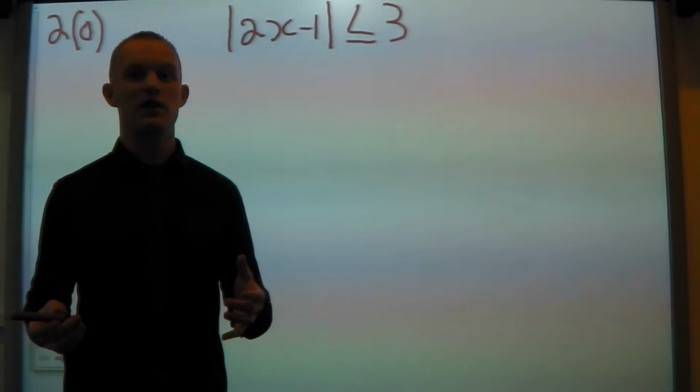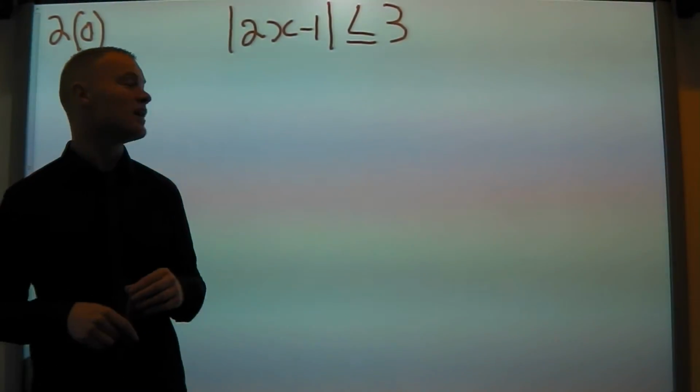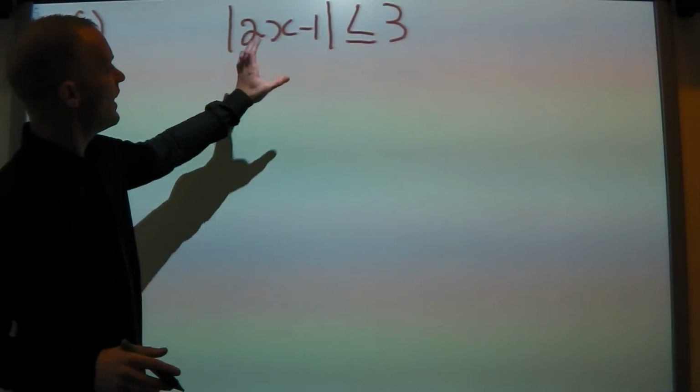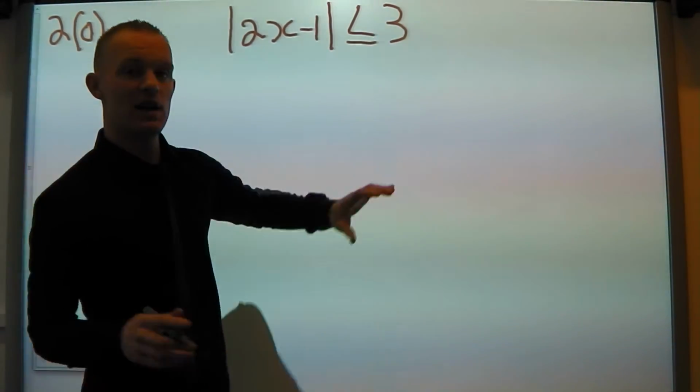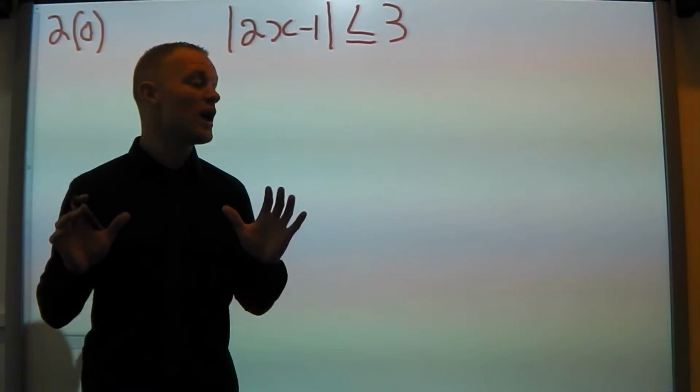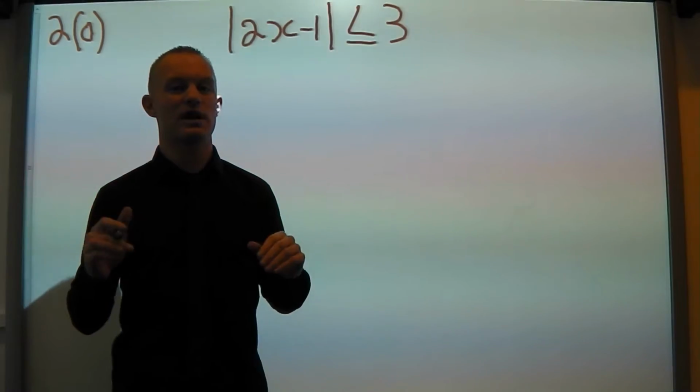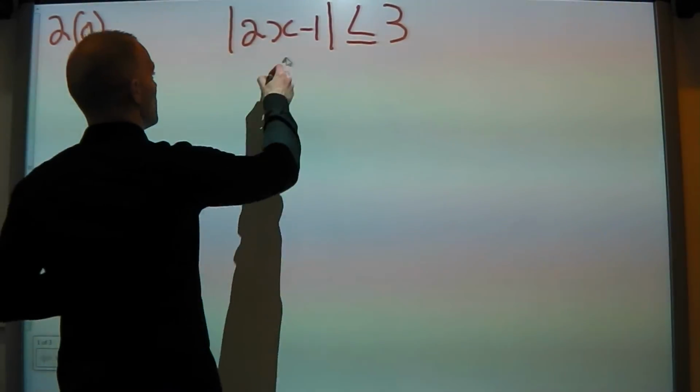Now this question here is fairly straightforward. You just have to know your laws of inequalities. That is, when we have an absolute value of something here that's less than or equal to 3, that gives us two options. It gives us one option for when x is positive and another option for when x is negative. So here, when x is positive,